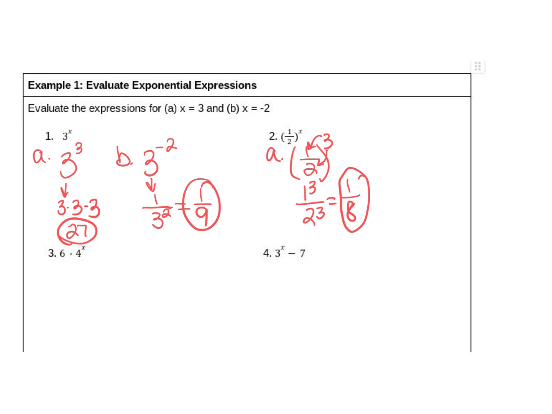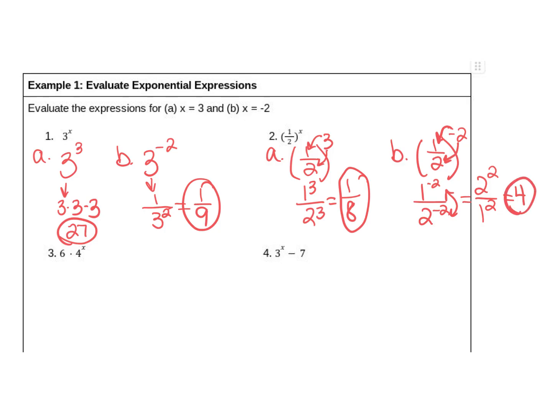So 1 over 8. Okay. B, we have 1/2 to the negative 2 power. Now this one, you have options. You can share it and then switch it, or you can switch it right away. It's your call. But we're going to share that negative exponent. So you have 1 to the negative 2 over 2 to the negative 2. And then we're going to switch it. So we have 2 squared over 1 squared, which is 4. 4 over 1, which is just 4. So we're just replacing each of the variables with what they tell us to,